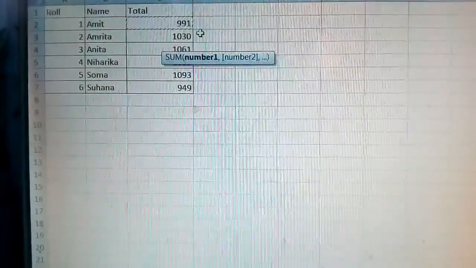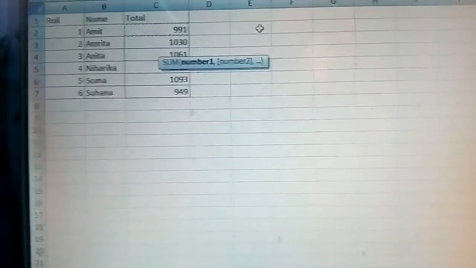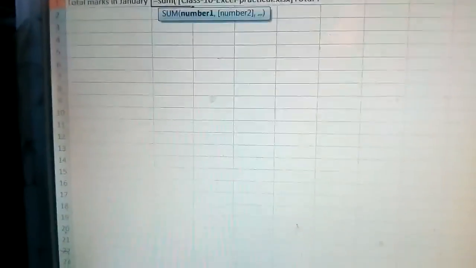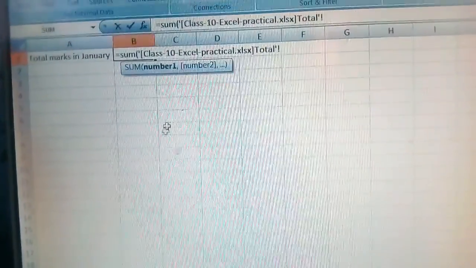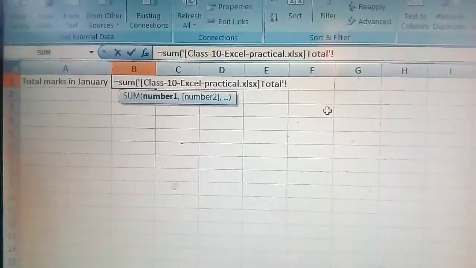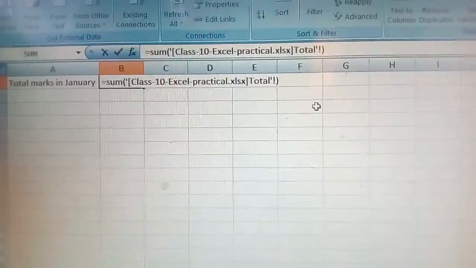Okay, understood? Now for the month of January, I have selected this one. For month of January we have selected, and then just close the bracket and press the enter key.